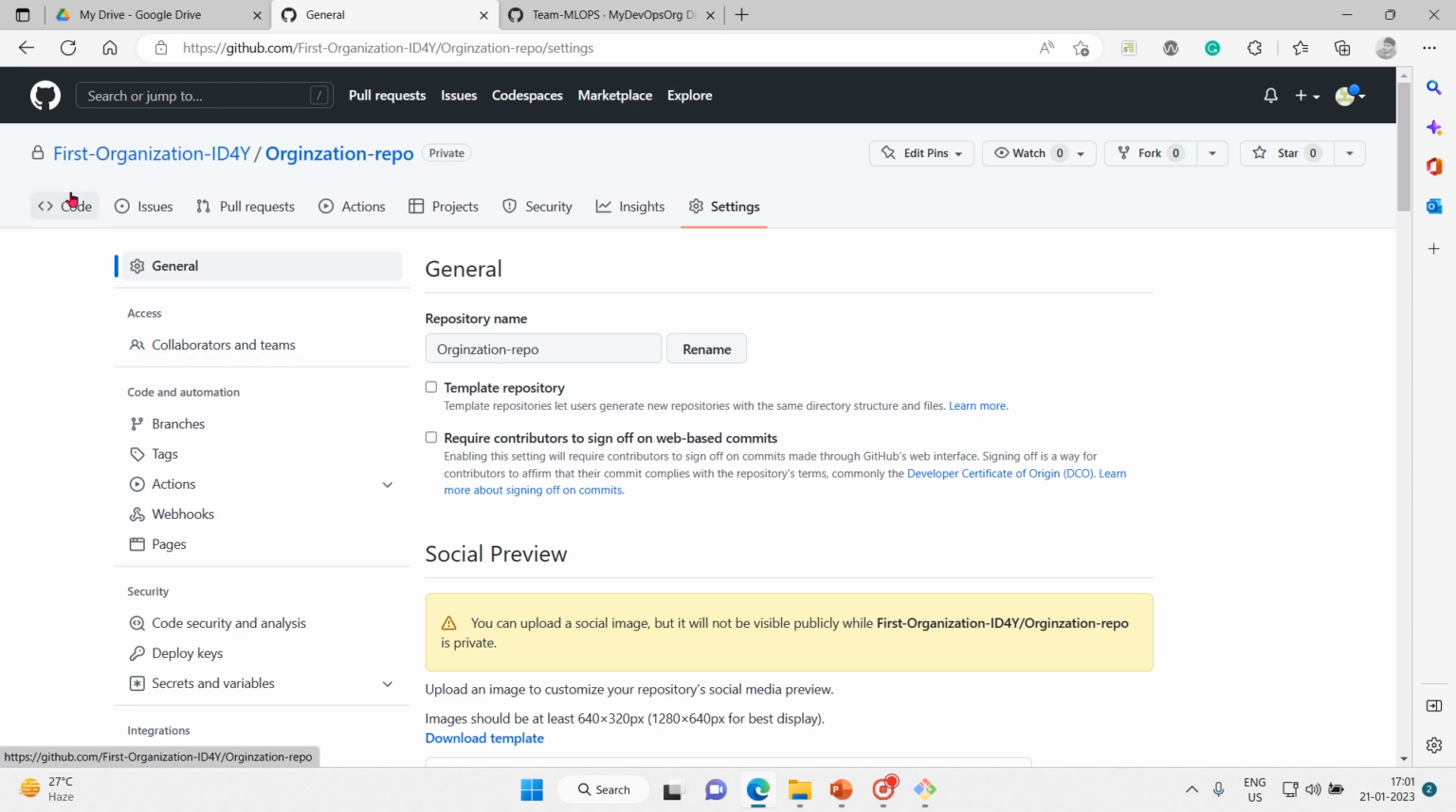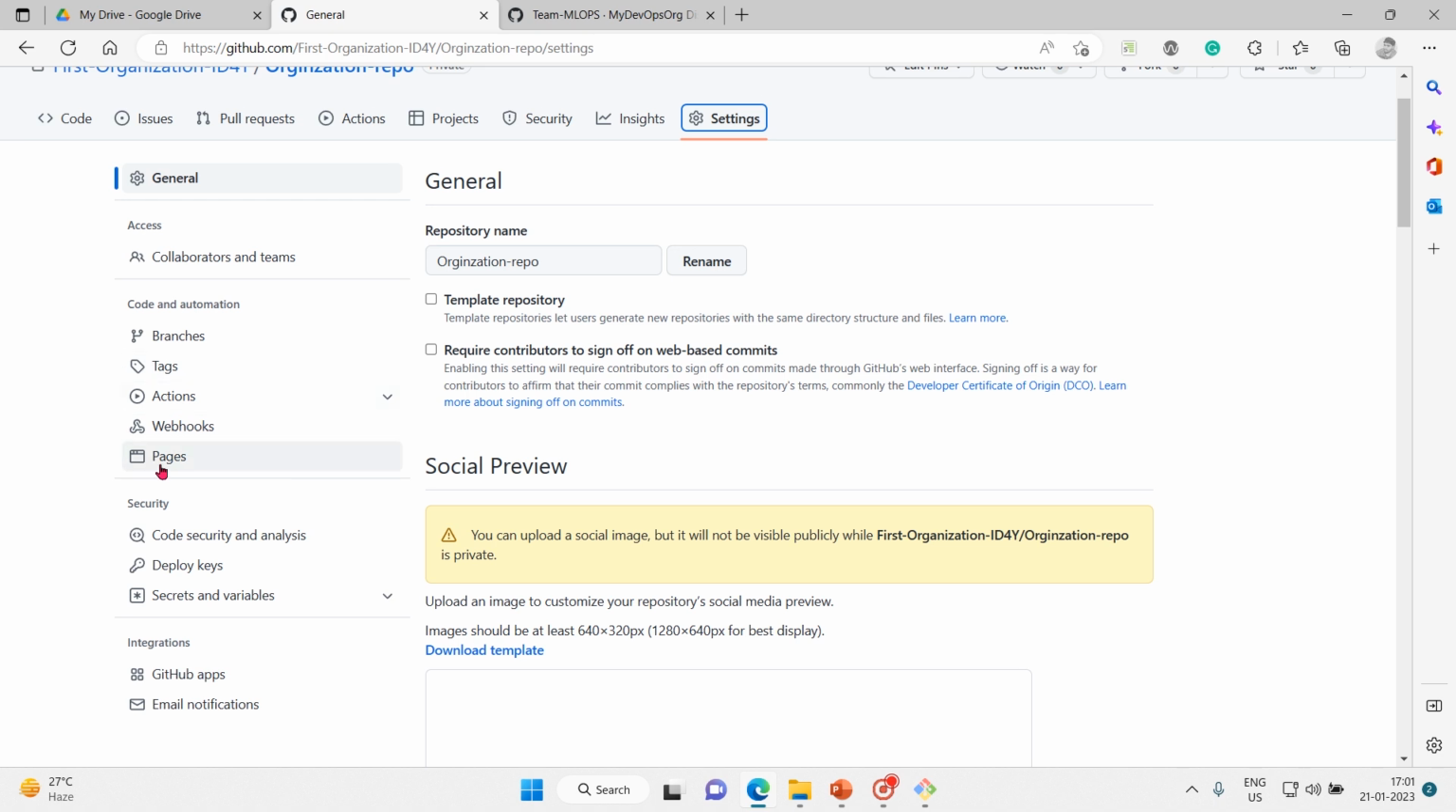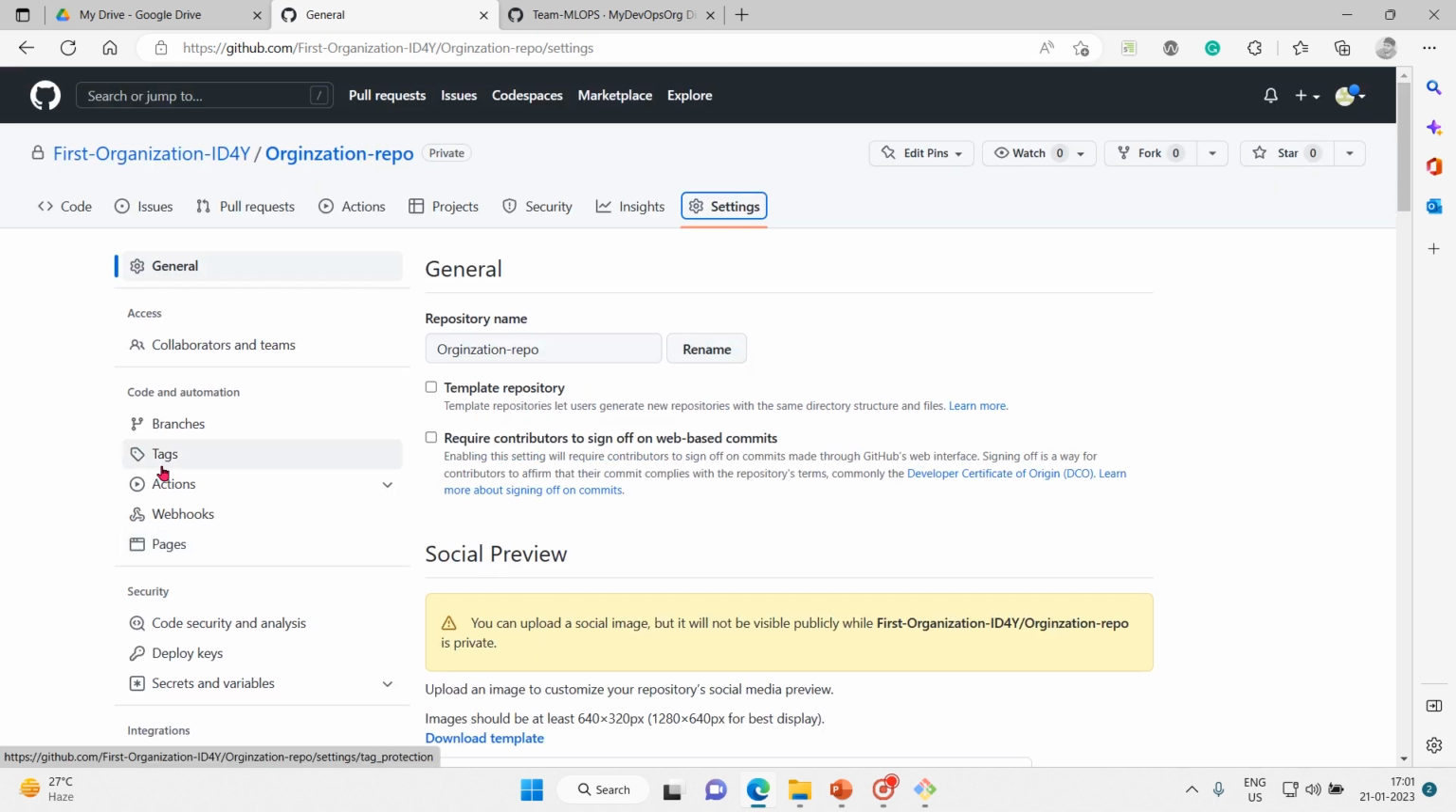Code, issues, pull requests, actions. These are called GitHub Actions, which are used in continuous integration. Projects, security, and basically repository level settings. Now here you can see branches, tags, actions, GitHub apps, and then